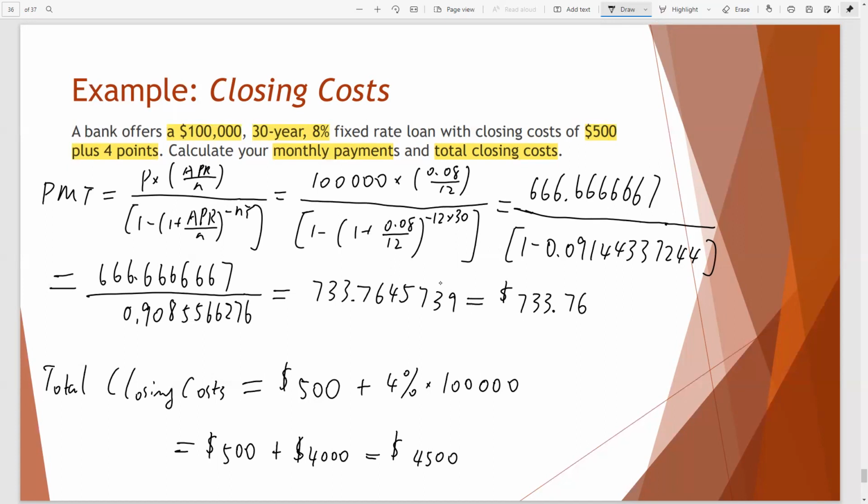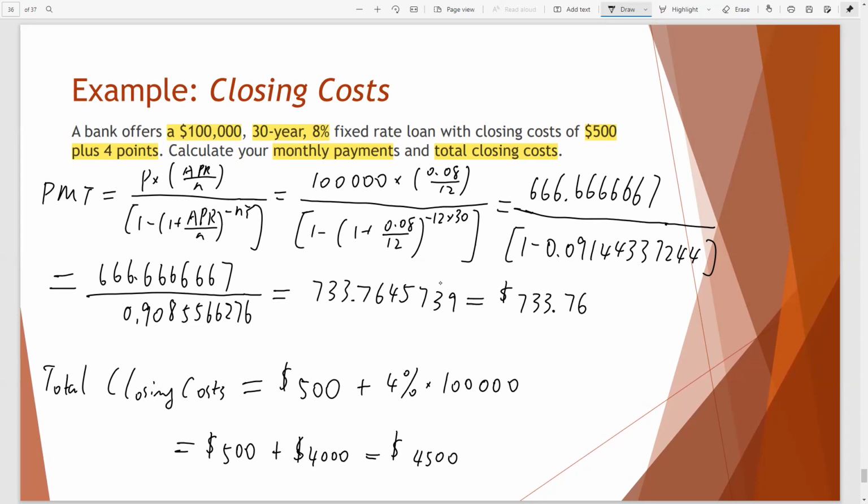So you need to see what is going on. Higher interest rate, but the closing cost is lower. That leads to higher monthly payments, right? But if you have enough money, or if you plan to pay off the loan earlier,